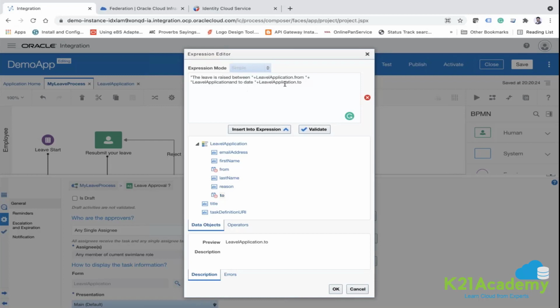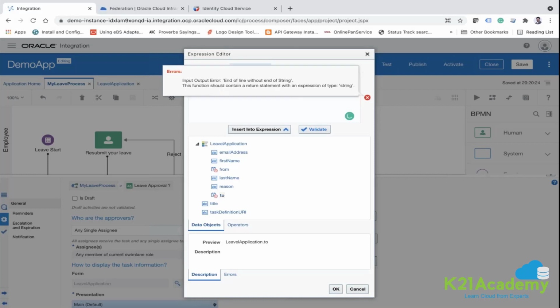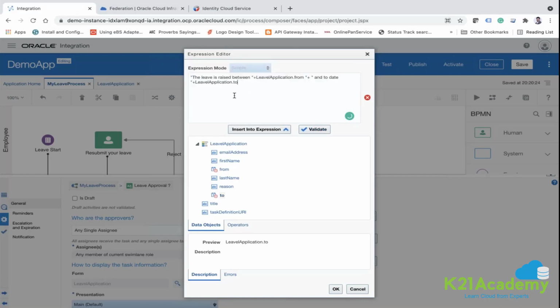The leave is raised from, my bad, and right. Fine, and then validate. Fine, and then okay.